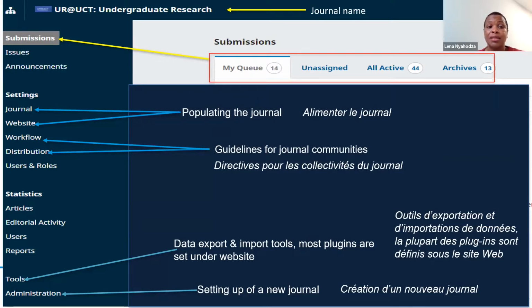And under website settings is where you can also set your plugins. Then we've got workflow and distribution. Here you can populate different guidelines for different communities. I just said guidelines for different communities, but some guidelines are not for the outside community; you can also create some guidelines for your reviewers. You can create templates for your reviewers, and then you can set guidelines for your authors. And with the distribution,